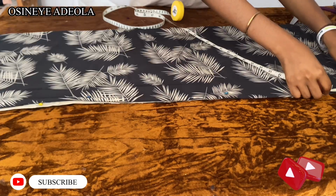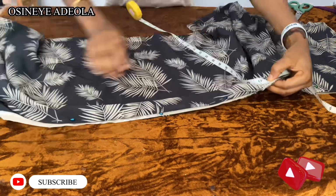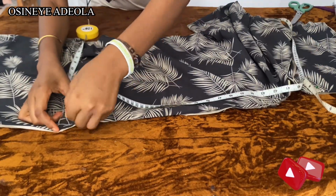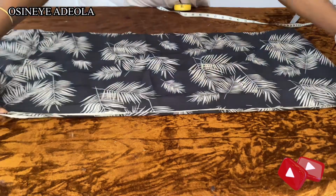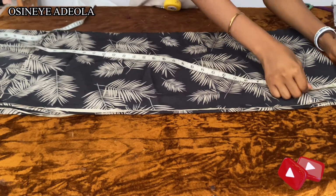When you're making use of good quality chiffon fabric, trust me, the pinning is very important, and it doesn't exclude the beginners and the advanced people. Just in case you're wondering, is this for the beginners or for the advanced students? For both. After that, I folded my fabric into two and I did my full body measurement, which is 59